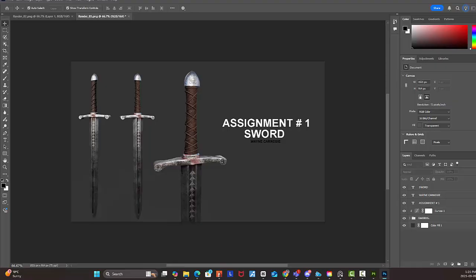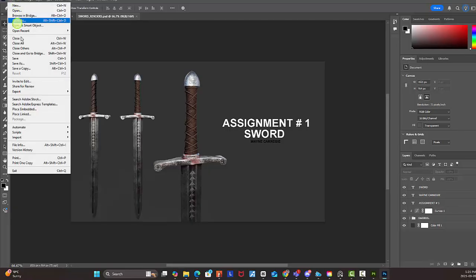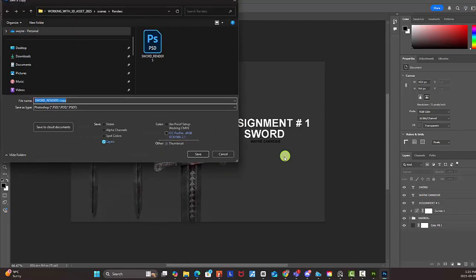And then you will save like a JPEG or a PNG. So you go File, Save As, Sword Renders,